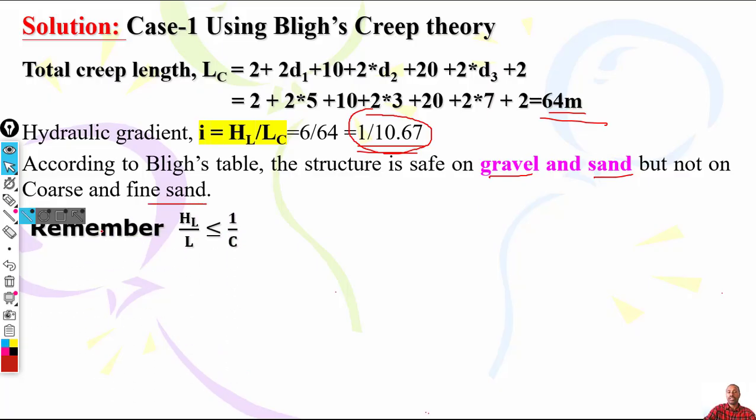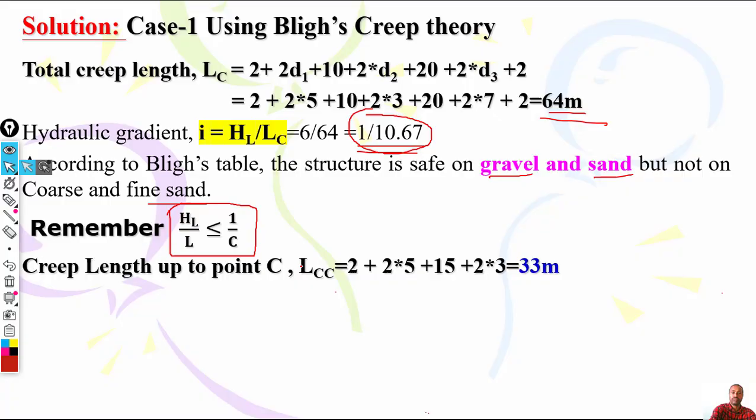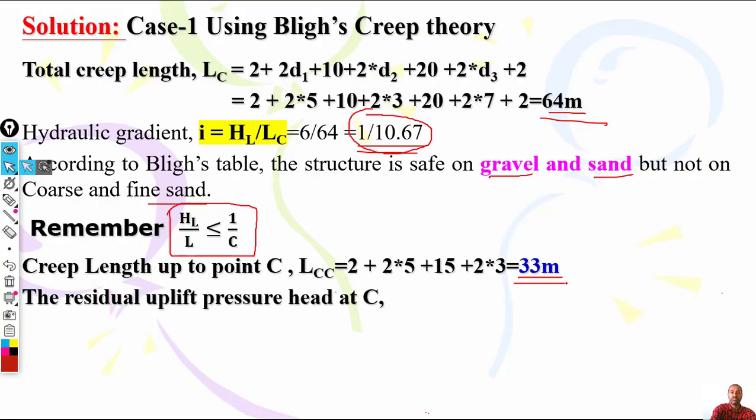So remember, this is just for safe hydraulic gradient. You will have head loss divided by length of creep must be less than or equal to 1 over creep coefficient. So creep length up to point C, you have to check up to point C: 2 plus 2 times 5 plus 15 plus 2 times 3 will be 33 meter according to Bligh's theory. Then the residual uplift head at C will be,